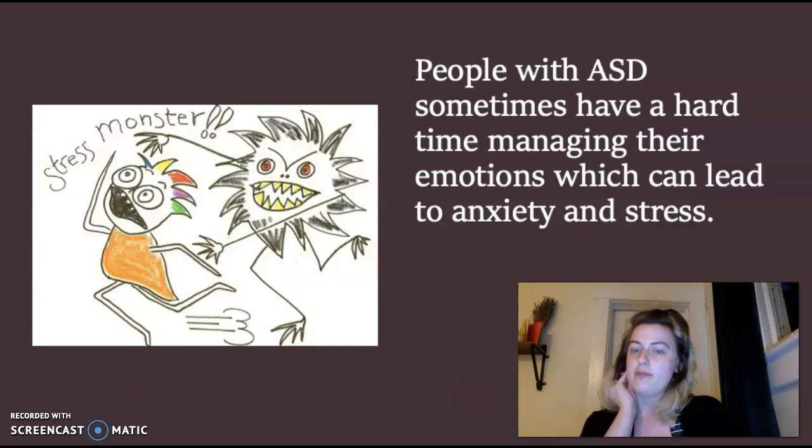So people with ASD, autism spectrum disorder, sometimes have a hard time managing and regulating their emotions. They have a hard time sometimes reading emotions from others and also dealing with their own stress and anxiety. And to me, having a calm environment and a calm sense of self really affects directly your schoolwork and how you're going to be doing academically. So being able to help a student in your classroom deal with their stress and anxiety, especially a student who might have a harder time than others doing so, is really important to me as a teacher.